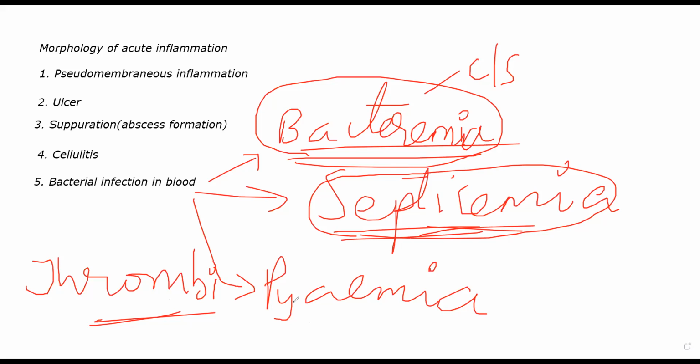ये क्यों हो रहा? This is the result of the inflammatory process. Inflammation essentially is a process in which your body is trying to kill the bacteria and stop its spread. अब कभी-कभी क्या होता? When it is trying to stop the bacteria, that bacteria will be very smart. It will keep on dividing, and it will try to get out of the tissue wherever it is infecting into the blood. Once it enters blood, that is when you start seeing septicemia.